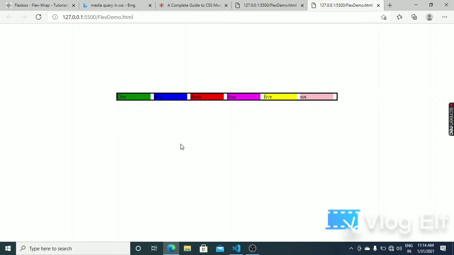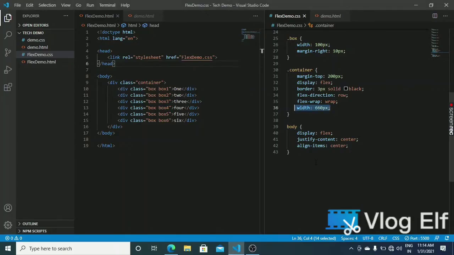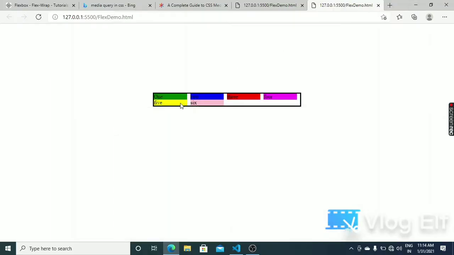Now let's try to decrease the size of this container and see what happens. Suppose I make the width of the container 440. Now you can see four children are fitting in the container and another two are not able to fit in the same row, so they are coming to the second row.